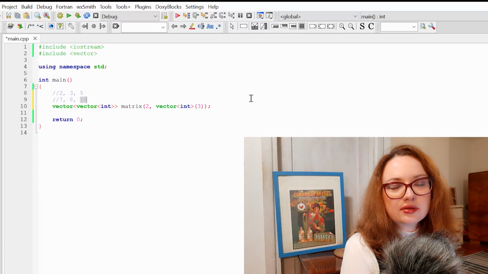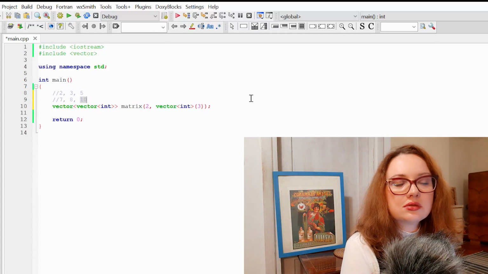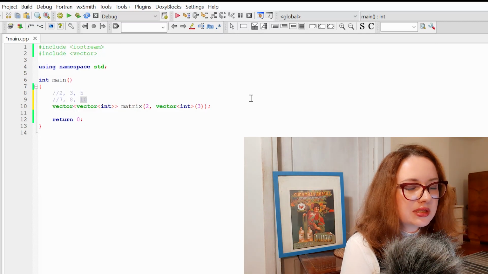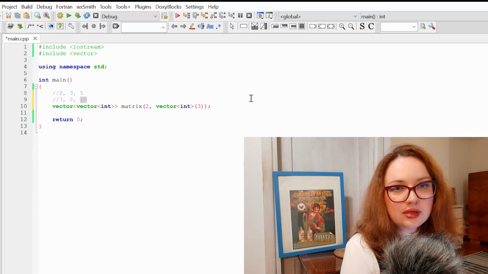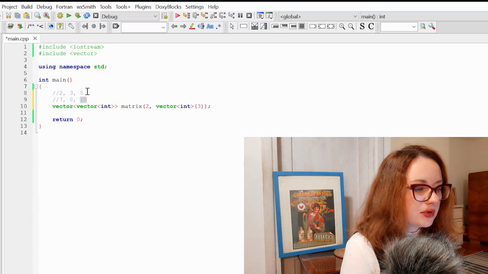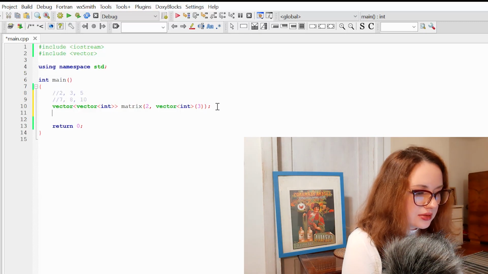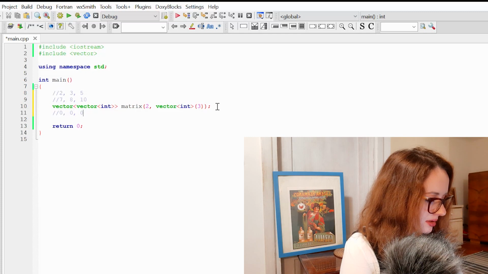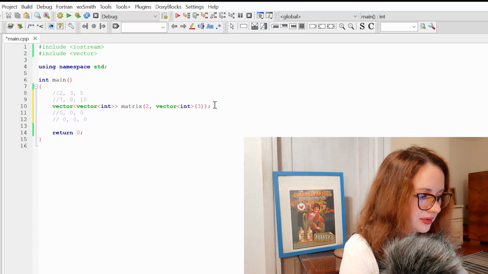I create vector that contains 2 subvectors, and each of my subvectors has size 3 and it is filled with 0. So when I declared a construction that looks like this, basically right now it contains something like this 0, 0, 0, and second vector also 0, 0, 0.